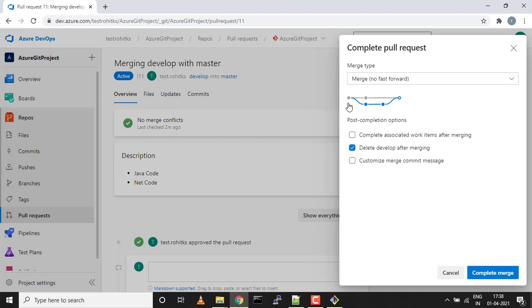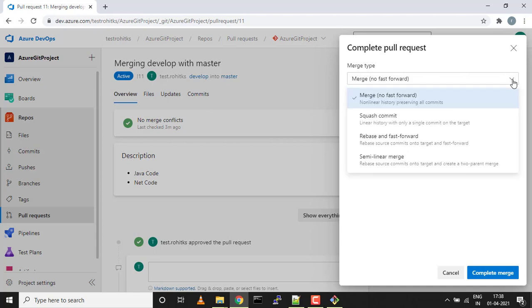If you see this graph, it is safeguarding all the commits and creating a non-linear history. As written over here, it's a non-linear history preserving all commits. This strategy is helpful if you want to track down who has done what commit.